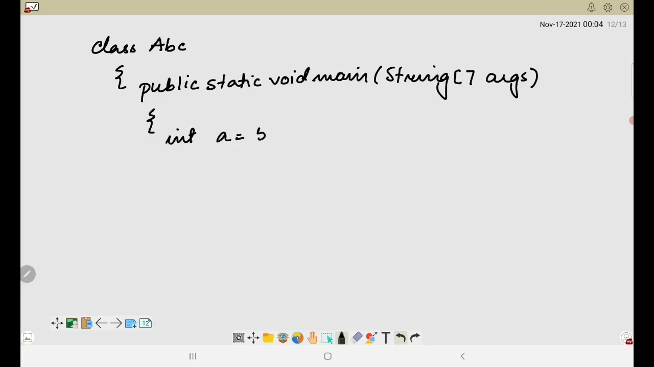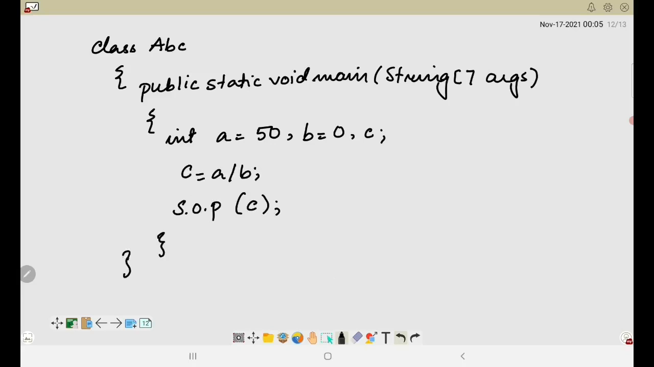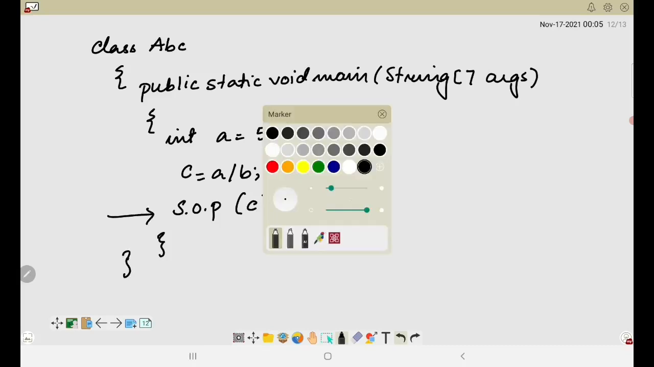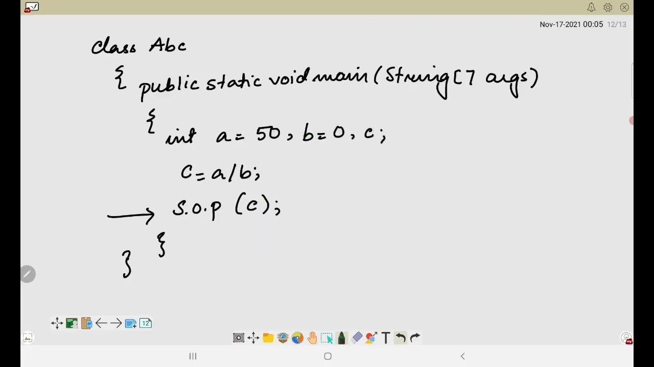I have a number which is int a, and then b equal to 0, then c is equal to a by b, and I'm trying to print the value of c. So when we are trying to do this, 50 divided by 0, this will throw an exception. Now in this line, the exception is occurring. So whenever an exception is encountered, the method under which the exception has occurred, in this scenario, the main method,